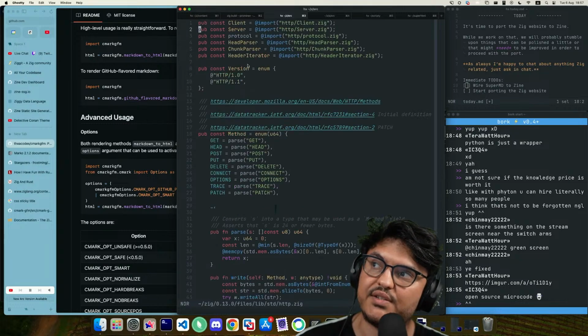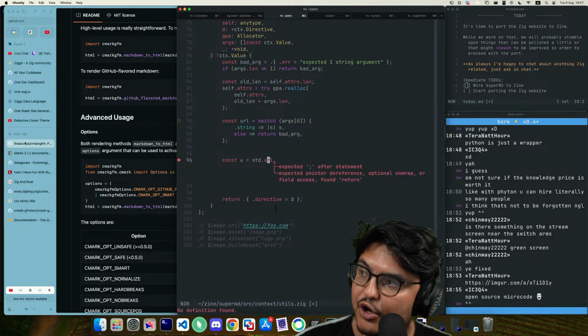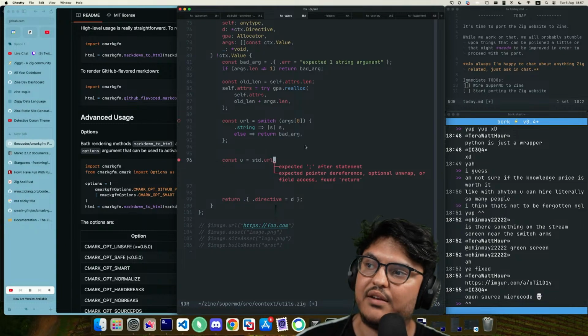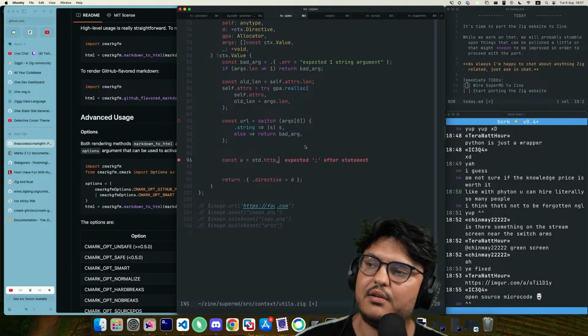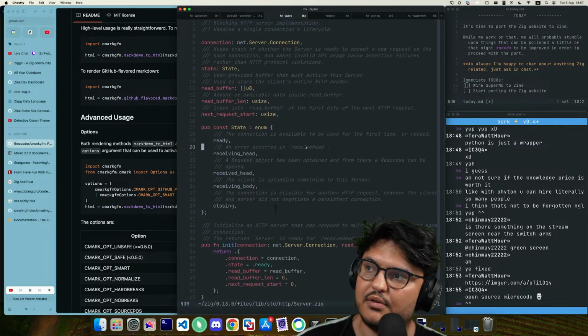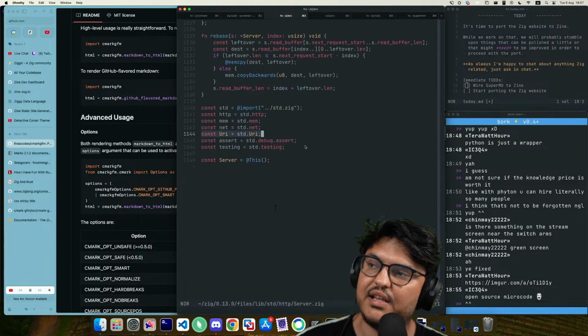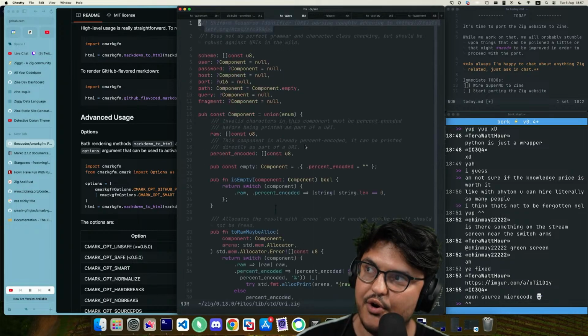I'm actually not even sure it's inside the http. URI? URL? Okay, I know that it's in there somewhere. Oh, wait. http.server and then inside server. No, that does not seem the case. Oh. std.Uri with an uppercase U. Let's go.